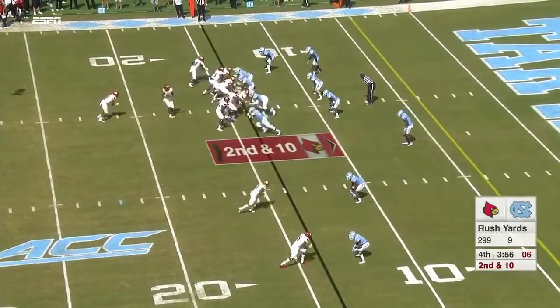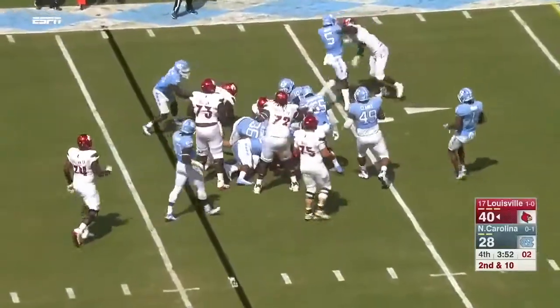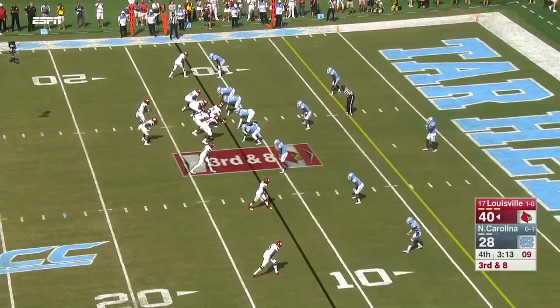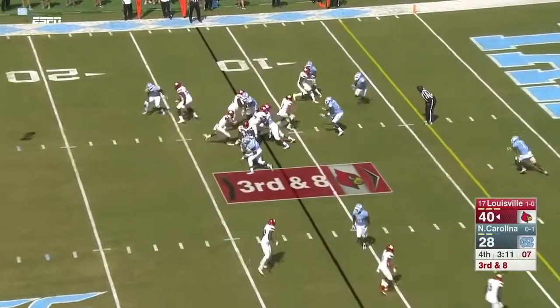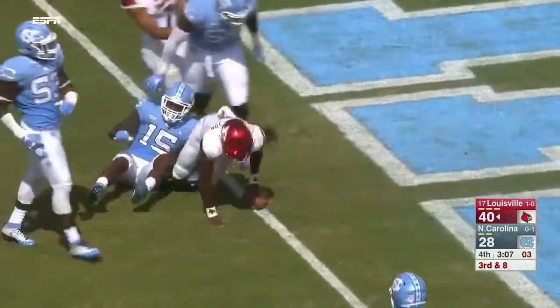Offensively, played 90% of the game, outstanding. And then they give up those big back-breaking plays. Good in South Bend. Going to be a quarterback run all the way for Lamar Jackson. And he's able to stretch forward for the